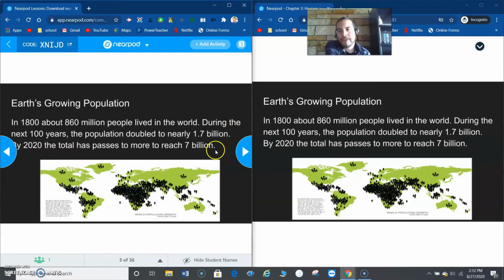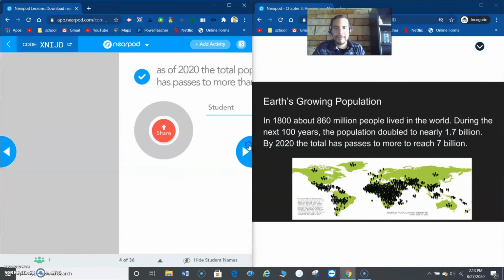Here you would read off your slide or your presentation, and the students would just follow along. The only downside is, if I'm pointing over here, it's not going to point for the students. And some teachers might say, well, why can't I just do that on Google Slides and just present it on Google Meet? Well, you could do that, and that's great, but Google Slides does not offer this option right here,